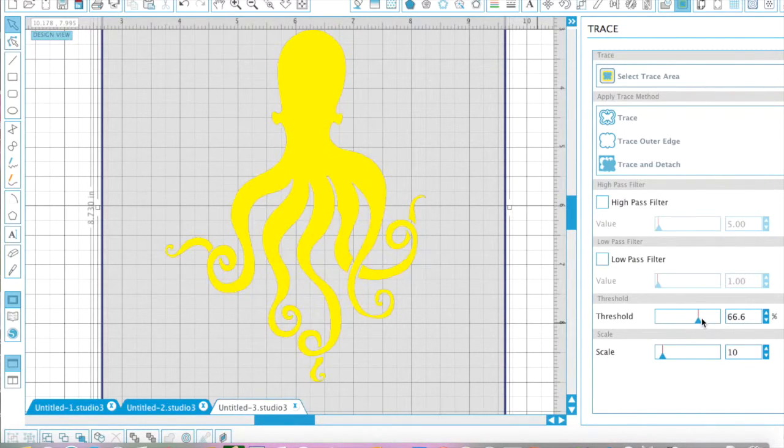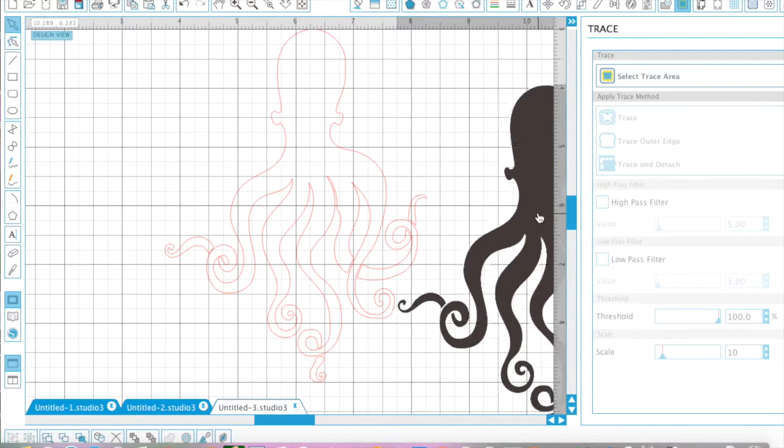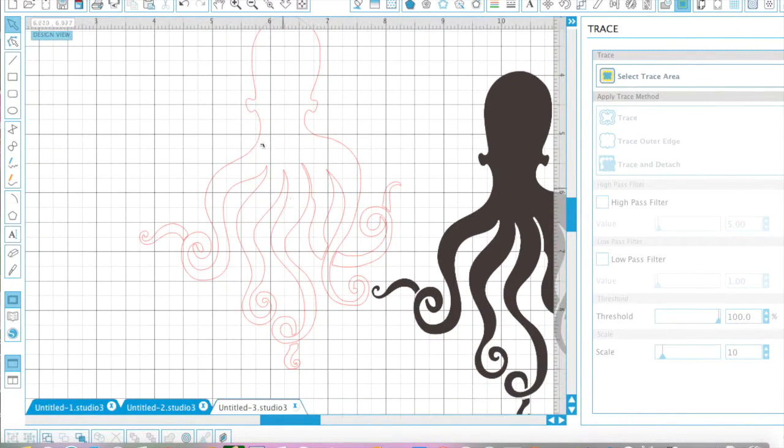Now some you don't go all the way to the end. Some of them are at 80, 90, depending upon how intricate your trace item is. Now I'm going to see here where the tip is not connected. If I would click on trace outer edge on the right, you wouldn't have to worry about that. But I want to cut it all separate, so I'm going to click trace. And then I'm going to move the black one away, and you can see all the different pieces that I have here. It traced everything